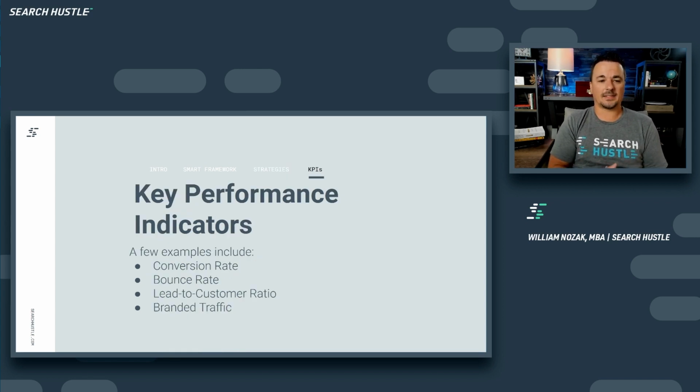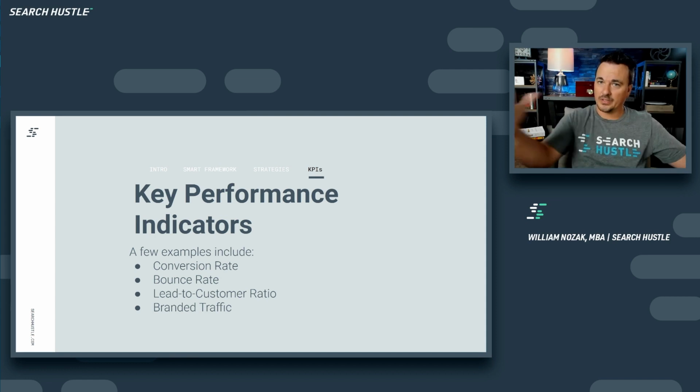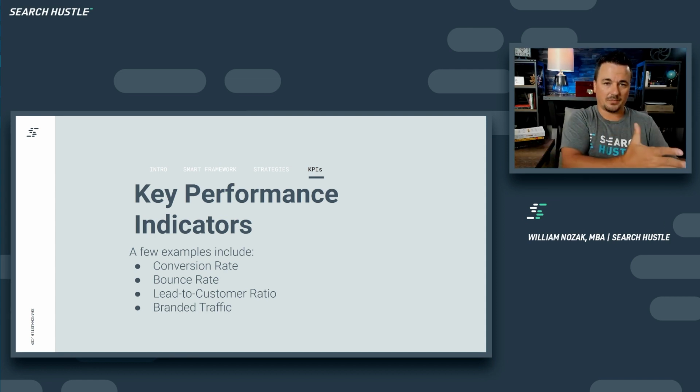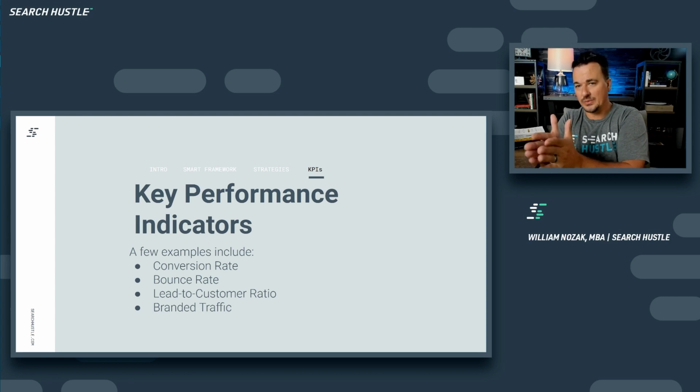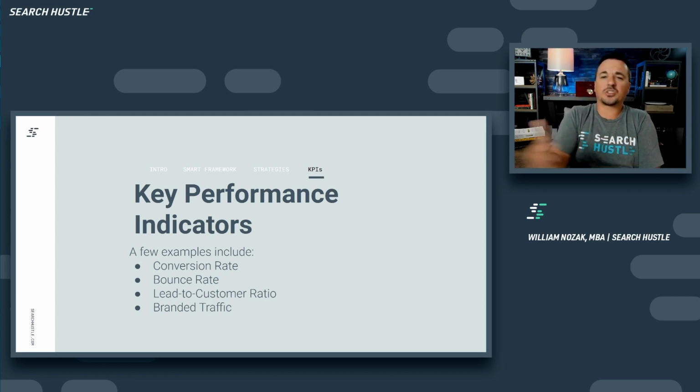So KPIs, some examples: conversion rates. We start at the top, the whole world. You've got humans, and then those humans that are end or potential buyers of your product. So you've got that batch, which is smaller than the whole world. So the batch of people that may end up buying our service or product. And then we've got our true impressions. What impression load did we get? And then those impressions, we've got clicks, and then clicks that turned into leads, and then leads that turned into sales. And so there's a conversion rate across that.